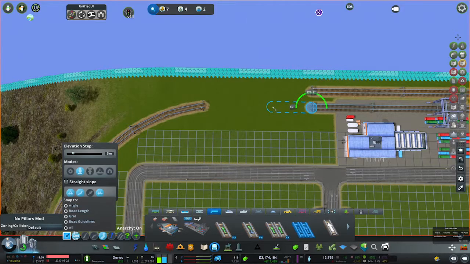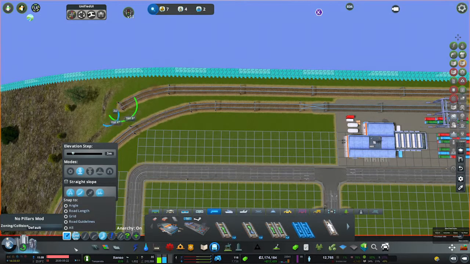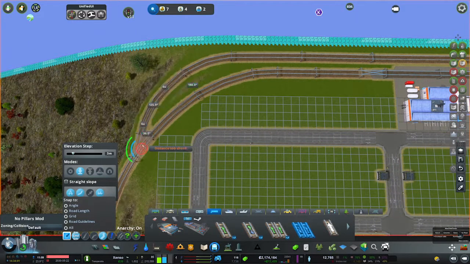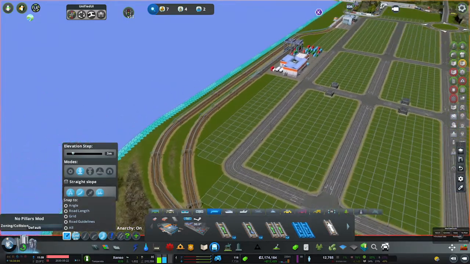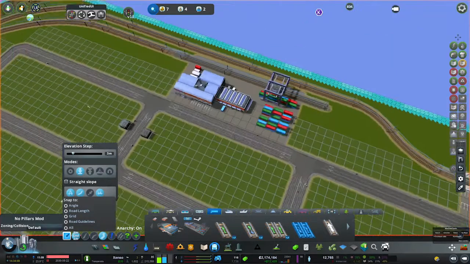This one can go pretty much straight into that one, and then this one has to go out like that, and then follow this one, and then sort of find a way into, let's have it there. Yes, I think that looks okay. Seems to be able to work. Now